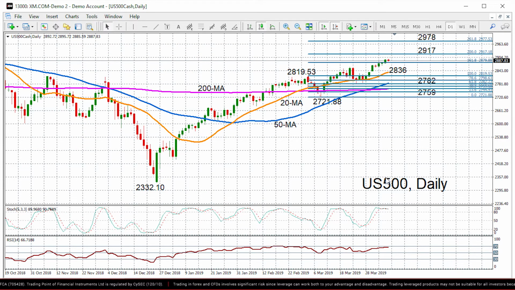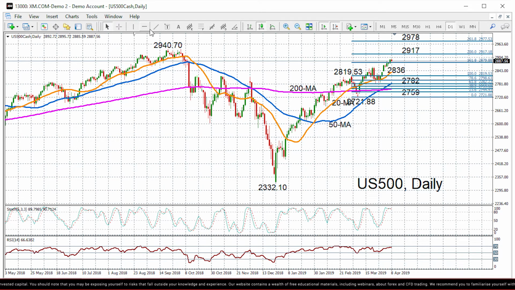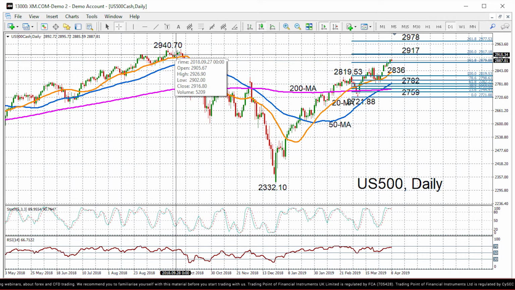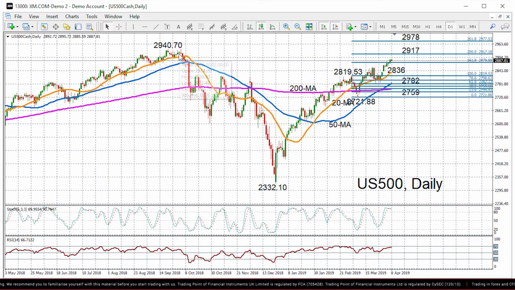And finally, looking at the US500 cash index, we can see prices are moving towards their all-time high. At the moment, the nearest resistance is the 200% Fibonacci extension of the down leg from 2,819 to 2,721. So that is around 2,917, and looking back at price action in August of 2018, that level was also a strong support and resistance during that period, and then not too far from that level is the all-time high of